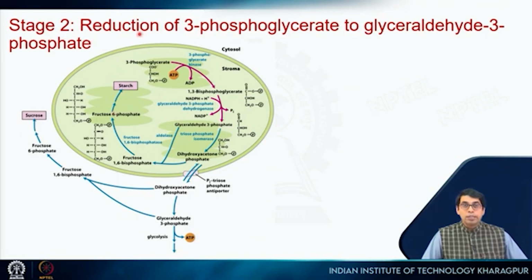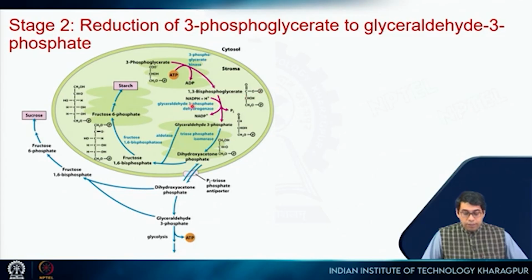Now stage 2 is reduction of this 3-phosphoglycerate to glyceraldehyde 3-phosphate. So you see this is the 3-phosphoglycerate. So 1, 2, 3, 3-phosphoglycerate. The first step is, another phosphate group is added at this position, right? So it becomes an ester,